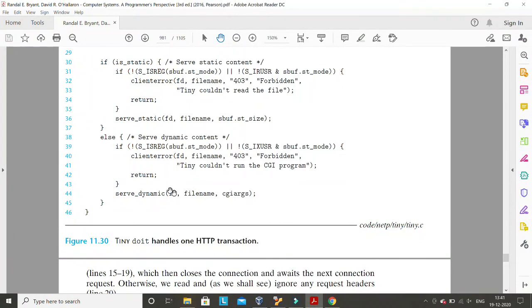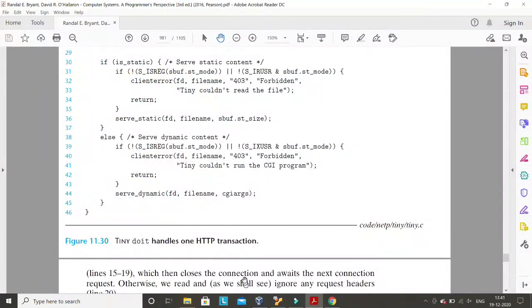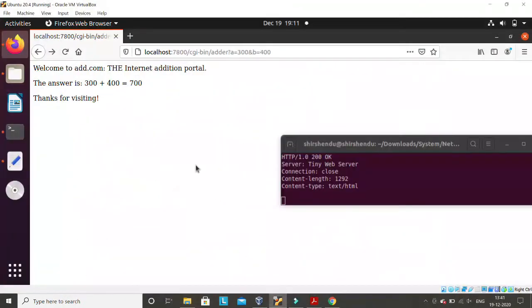So now if I'm here, then file name will be the CGI header, and this is actually this part, a equal to 300 and b equal to 400. Okay, so with all this, what I am doing here is requesting. So CGI bin.